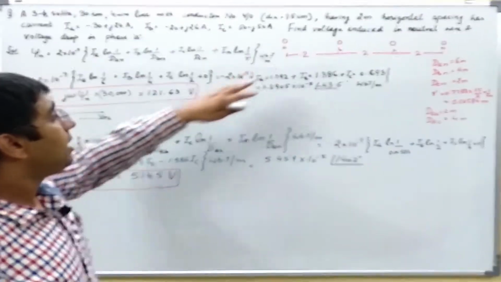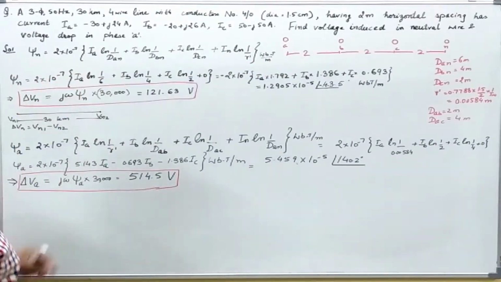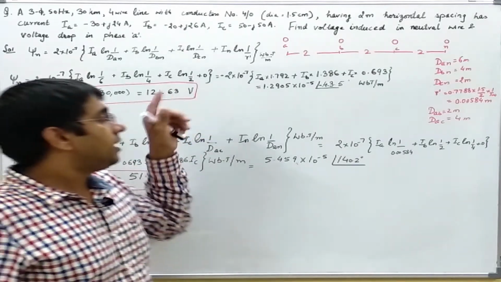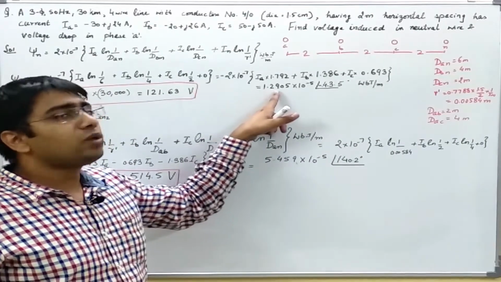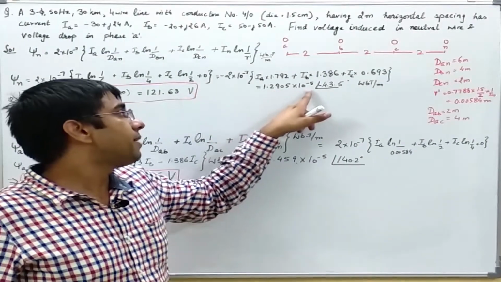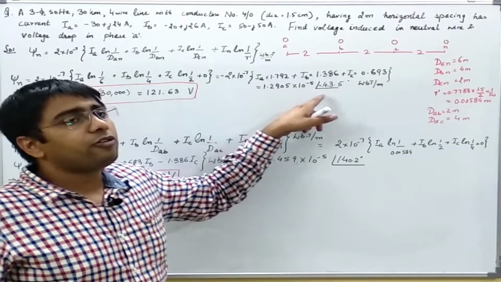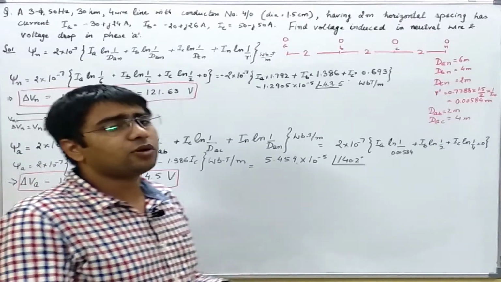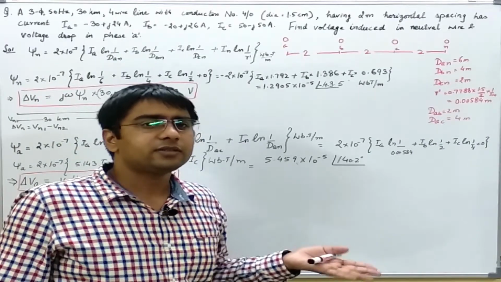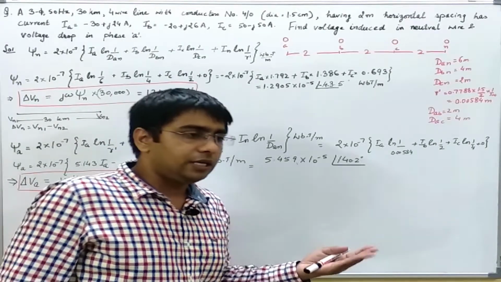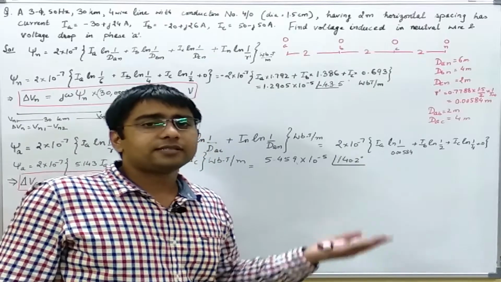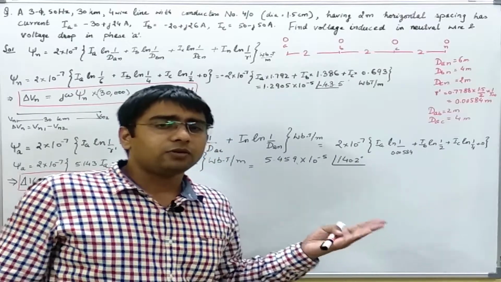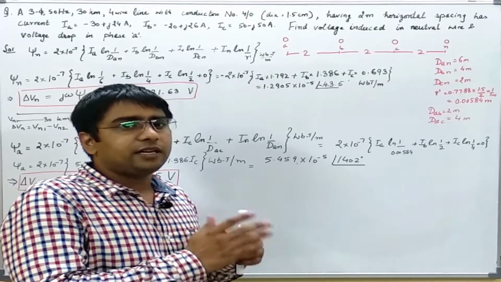By putting in the values of these figures, I will get that the flux linkage of the neutral conductor is 1.2905 into 10 to the power minus 5 at an angle of minus 43.5 degree. You see, the angle is not that important here since we can take the zero angle, the reference angle, at any point. So we need to first consider only the